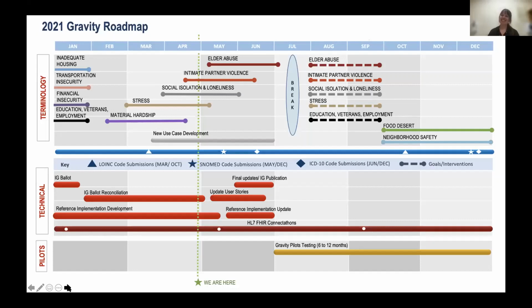These are all domains as identified by a seminal paper from the US National Academy of Science and Medicine on what domains to focus on first. We will wrap up social isolation, intimate partner violence, and elder abuse, from a screening questions and answers and diagnoses perspective, by the end of June. All along with this work, my colleague Bob Dieterle is leading the technical work in conjunction, building that interoperable data standard to enable the exchange of the information. We'll talk more about that in a bit.